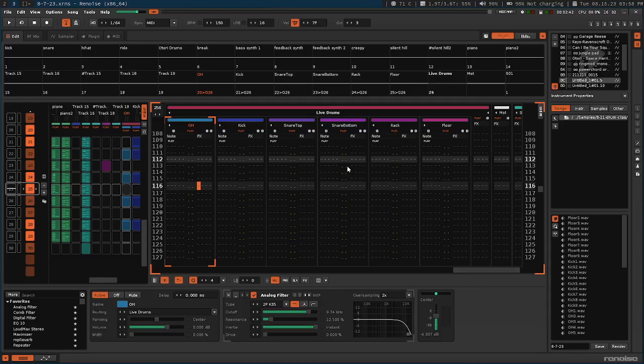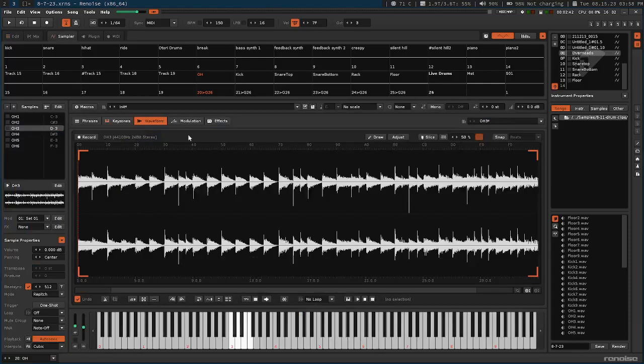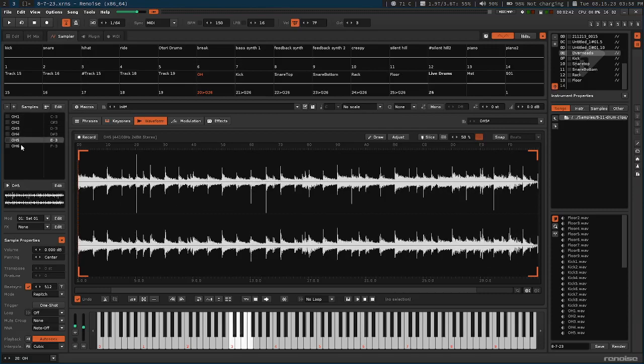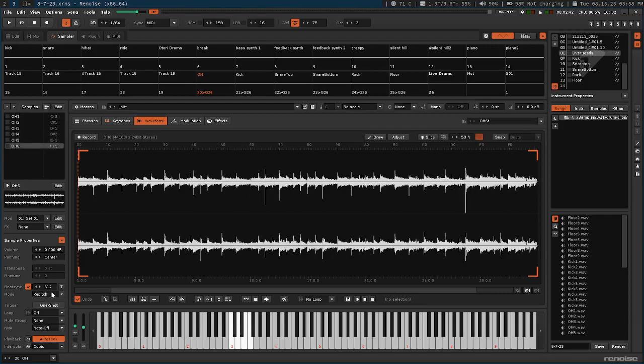I recorded these in Bitwig, and then just chop them up and import them into Renoise, and that's what I did. And it works really well. Each one of these instruments, overheads, kicks, snare top, snare bottom, rack and floor, are all exported from Bitwig in, I think, 8-bar chunks. Each one of these is 8 bars, which equates to 256 lines in the pattern, but